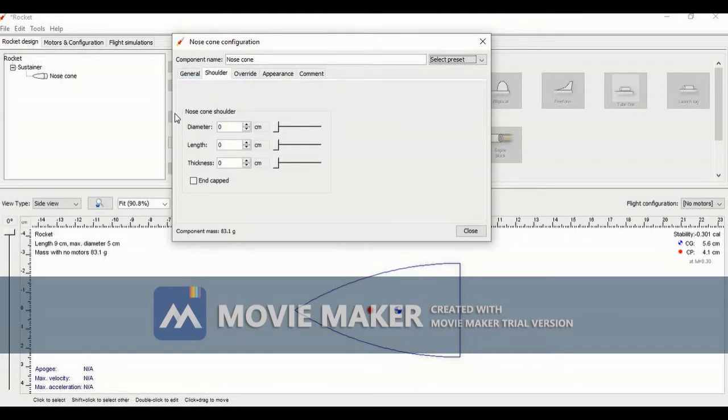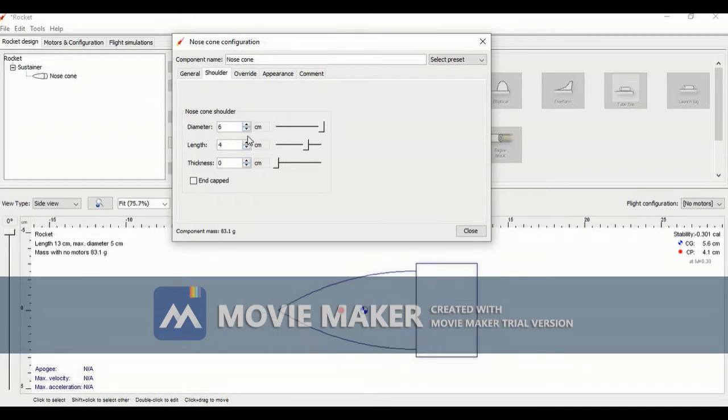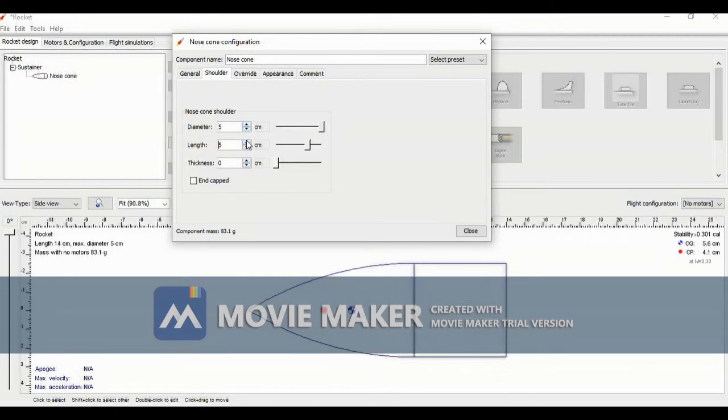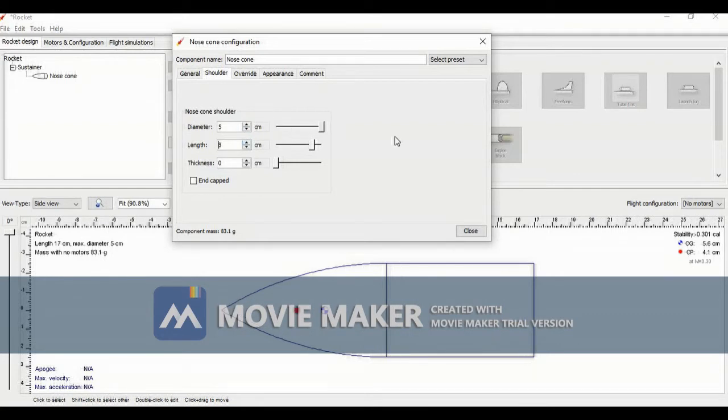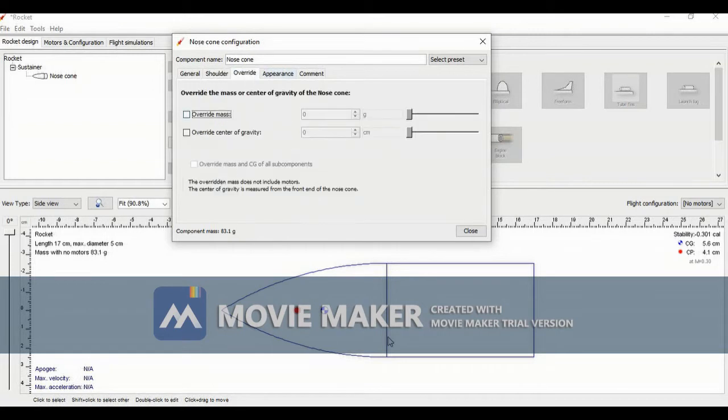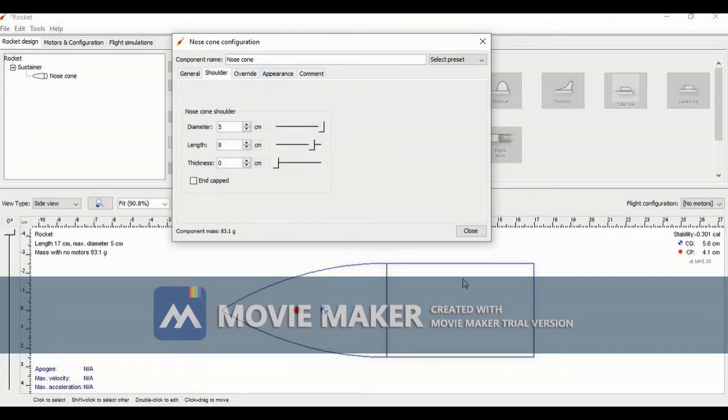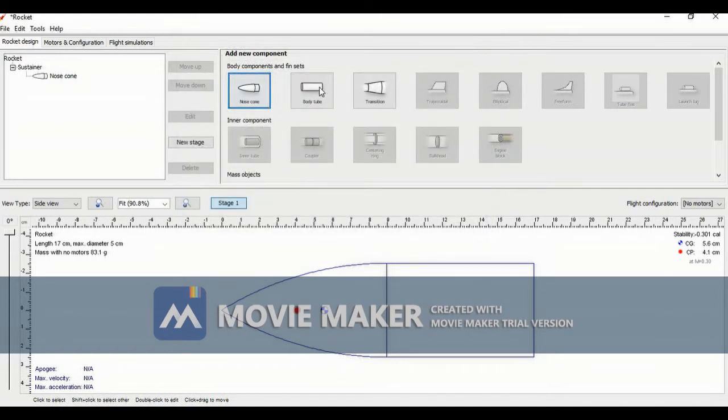So here it's a shoulder. I think I should not add a shoulder like this. It will go like this, and then the thickness won't do anything, and this will happen. So it will make a good square type. So I will make it somewhat big. So now we have made a shoulder of the nose cone. I am just making it for a good appearance. Also, it looks good on a rocket, and it will increase the space of the nose cone. So now let's add the body tube.